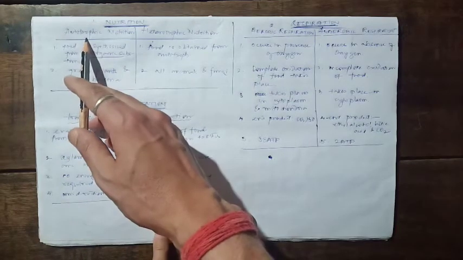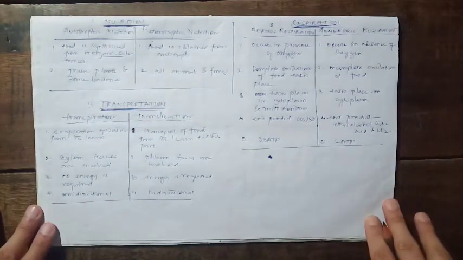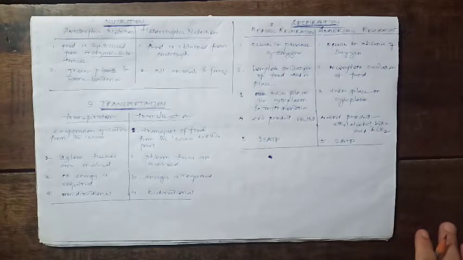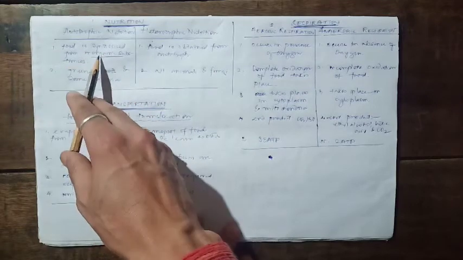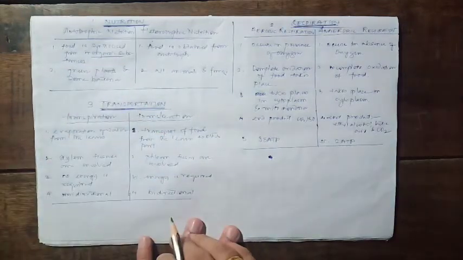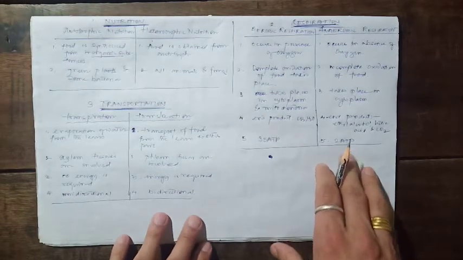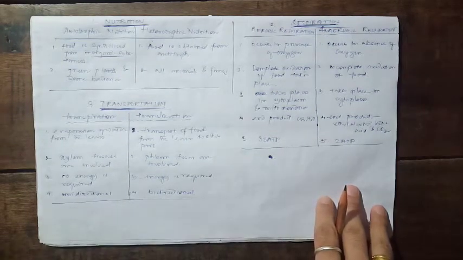Students, autotrophic nutrition and heterotrophic nutrition. Autotrophs are those organisms which prepare their food by themselves. We are all very familiar with the photosynthesis process carried out by green plants. Food is synthesized from inorganic substances. The inorganic substances are carbon dioxide and water, students. That means for photosynthesis, the green plants use the inorganic substances, carbon dioxide and water, to make the